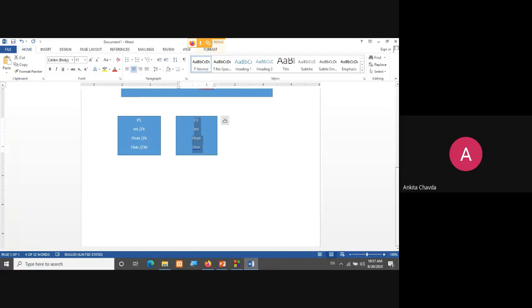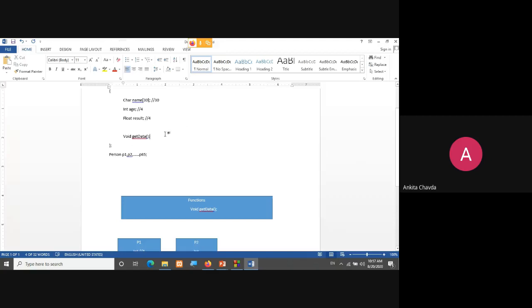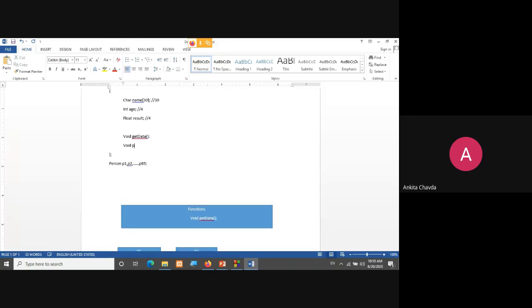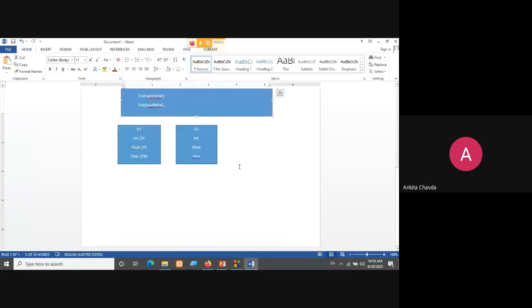But the functions, for example, get data or void put data or something like this, these functions are common, which will be accessed by all the objects. So I will be having those functions over here at one place. At one place. No separate memory space will be occupied according to the object. So here the function will not be having 65 copies. Getting my point? Yes or no?